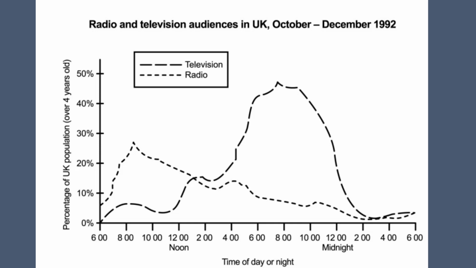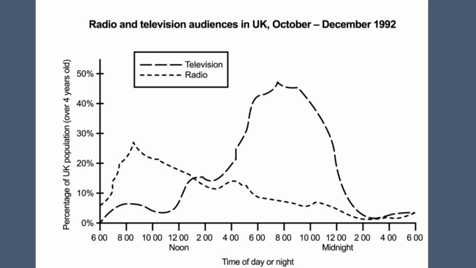Now let's have a look at the television audience. So the television audience was at zero at 6 a.m. in the morning. As people got up again, the television audience rose in the hours between 7 and 8:30 in the morning. Then the audience declined slightly and dipped, but from around about 10:30 in the morning to about 8 o'clock at night,